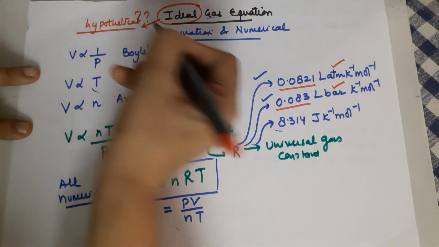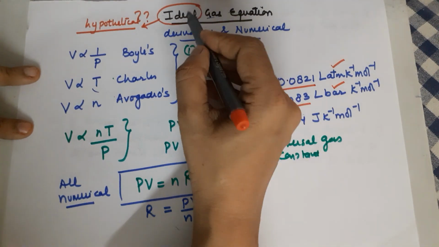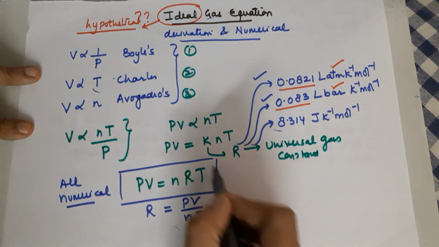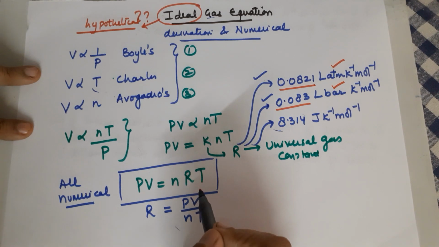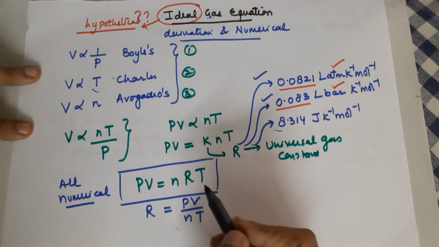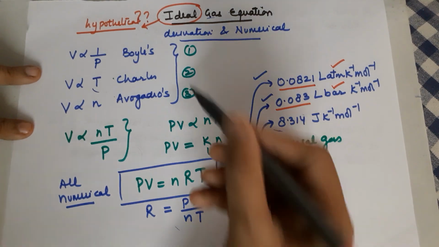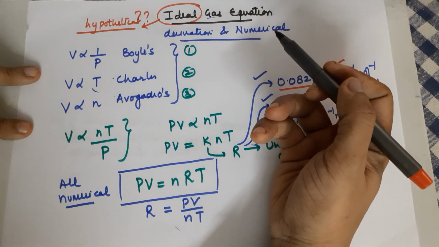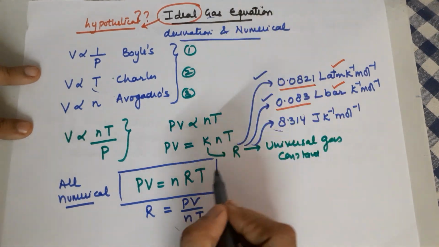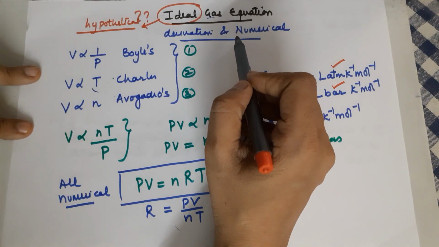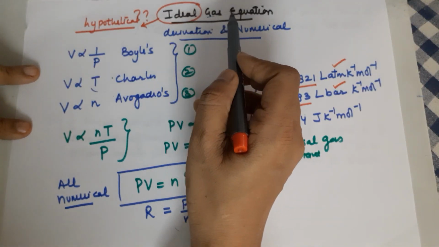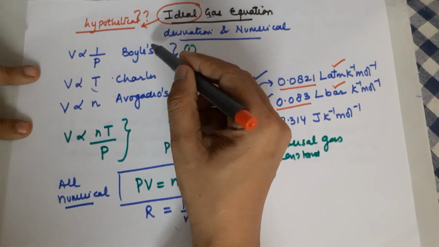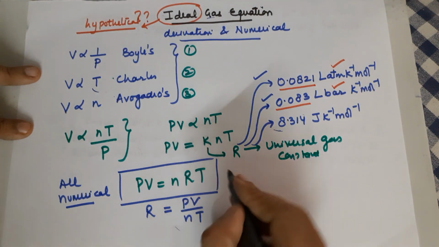But all gases do behave like an ideal gas at some temperature and pressure, which means for all numericals, when you are using the ideal gas equation, you are assuming that your gas is behaving ideally. All gases do obey the gas laws at some pressure, volume and temperature conditions, and we solve all the numericals assuming that the gas in the numerical is an ideal gas, that is, it is obeying all the gas laws. That is the reason you can use this formula for all your numericals.